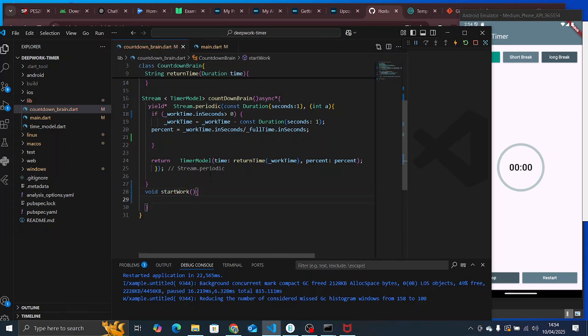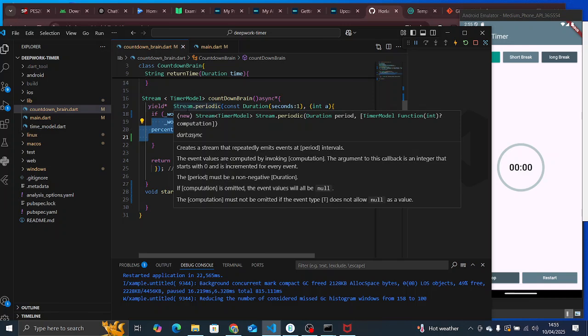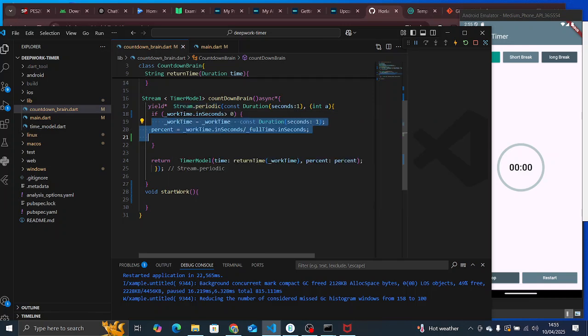Then the basic thing is we know that our stream is still running even though this condition is not true. This timer stopped because this condition is not true, so it's not doing anything here, but this stream is still working underground. Yeah, the stream is still working because every 1 second it will still do this stream dot periodic, but will not perform any operation since this work time is not